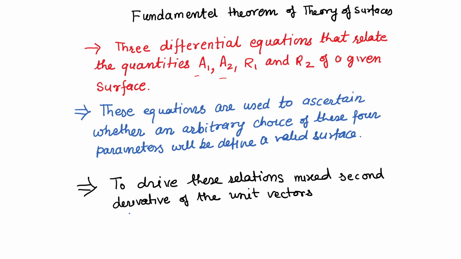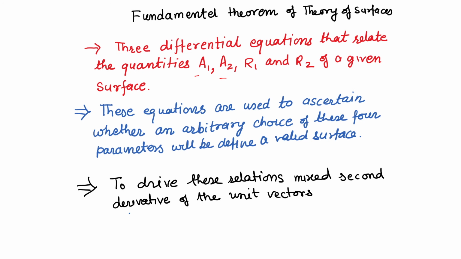In the fundamental theorem of the theory of surfaces, we are interested to find three differential equations that relate the quantities A1, A2, R1, R2 of a given surface. These equations are used to ascertain whether an arbitrary choice of these four parameters will define a valid surface